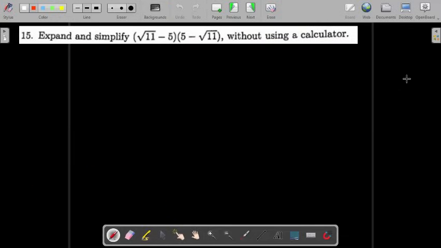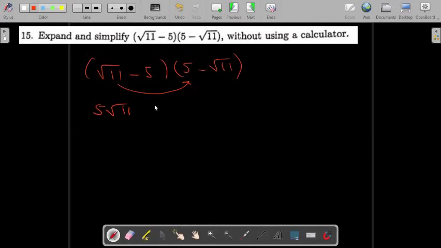We have this here. Without using a calculator, expand this. We expand the same way we've been expanding. You have root 11 there minus 5, then you have 5 minus root 11. So you multiply this by that there, and of course the same process continues. So you have 5 there, root 11, then multiply that 2 there, you get 11. Then multiply 5 by 5, that gives you negative 25. Then that will give you plus